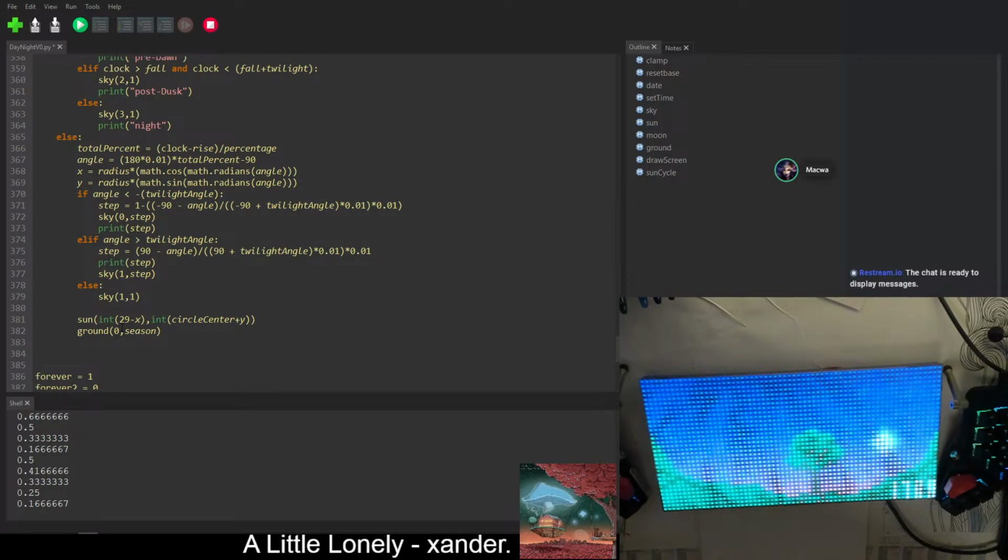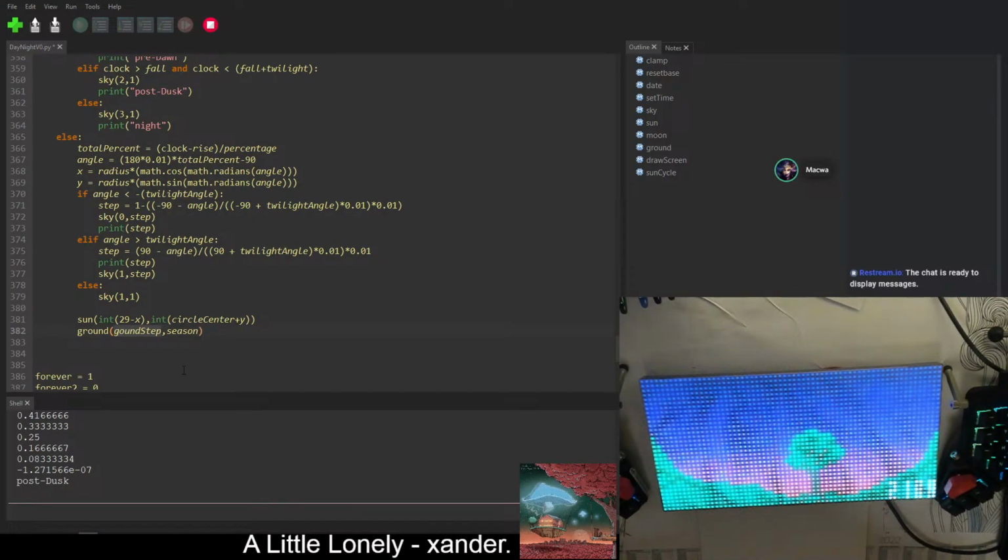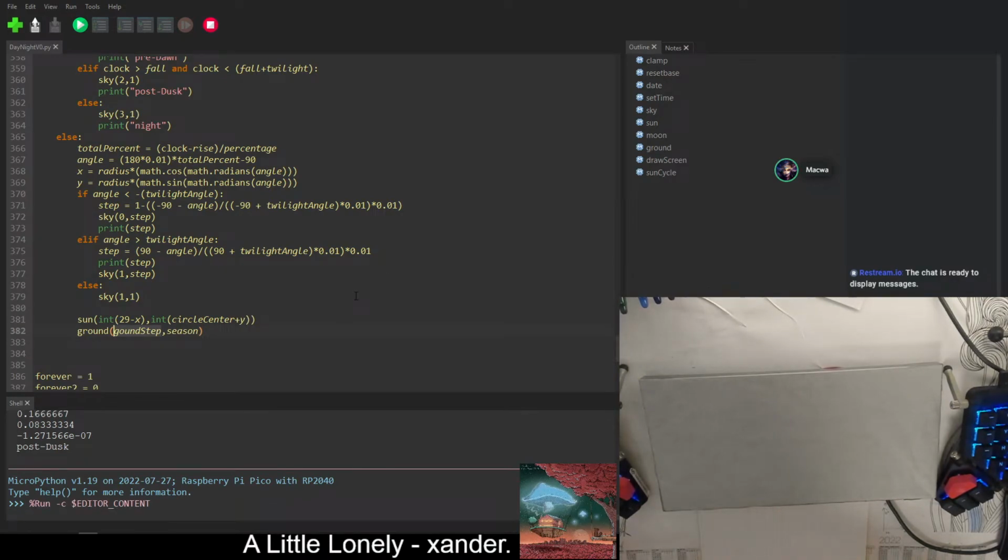It's going to be 0 until we change it. So let's see if that works, or if we already run into